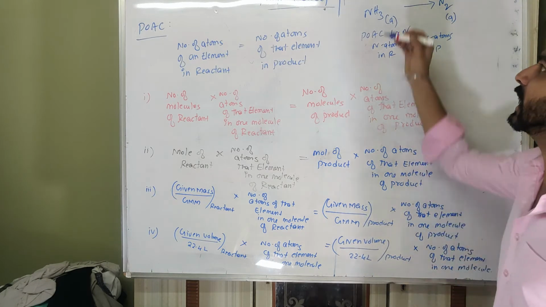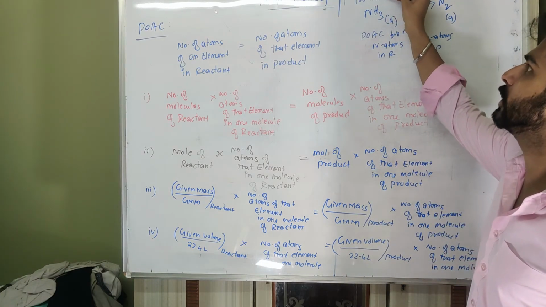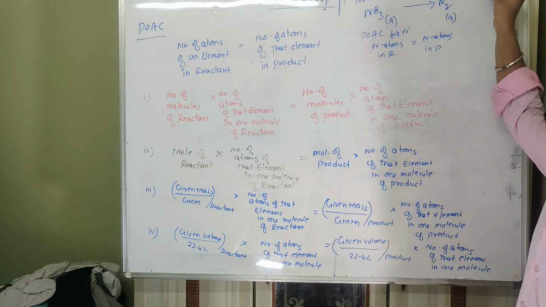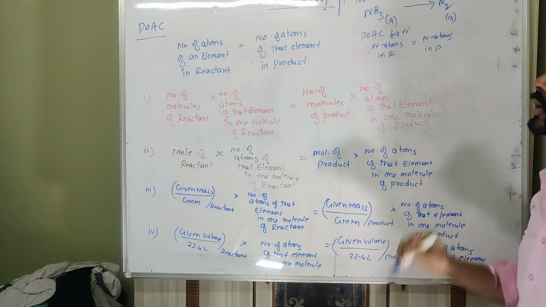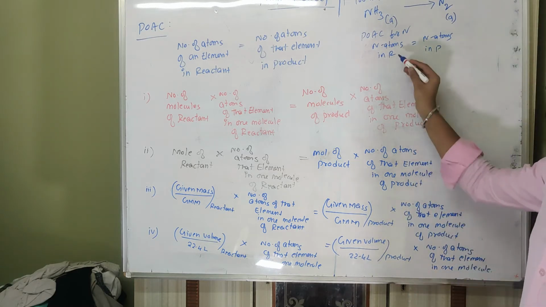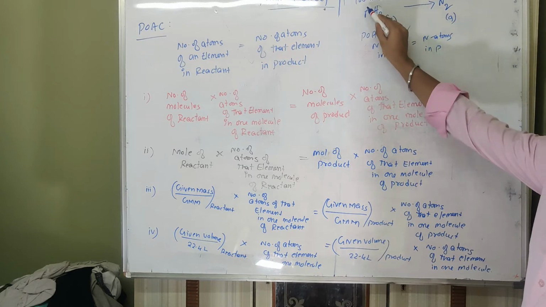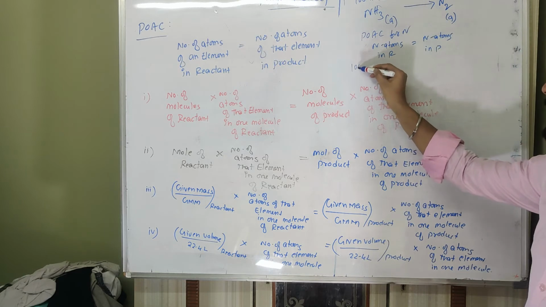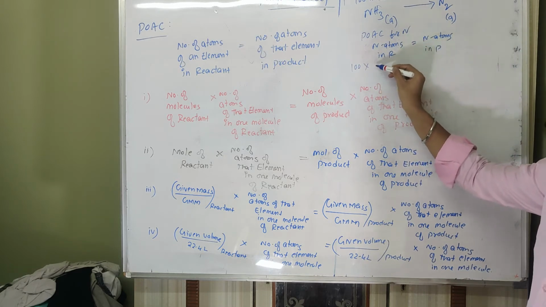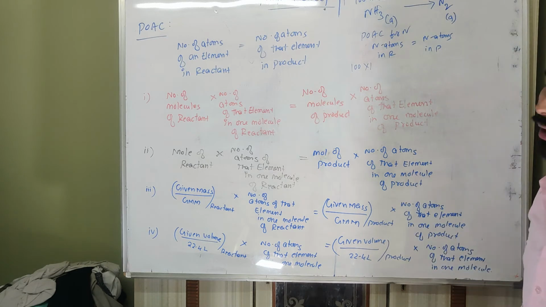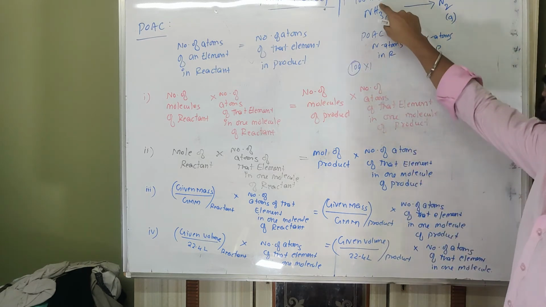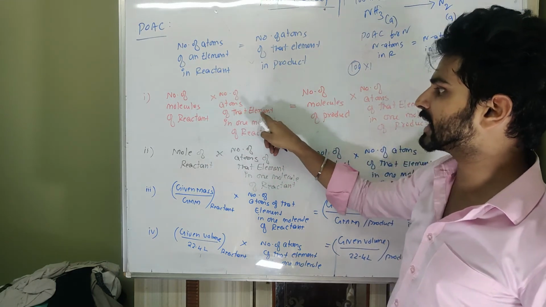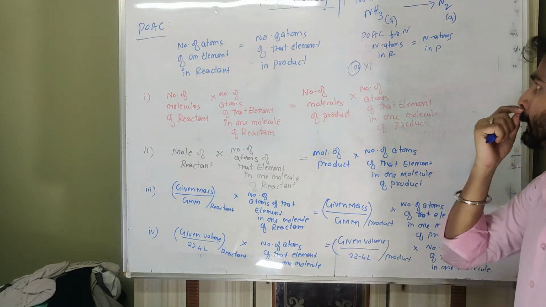But if the question is like 100 molecules of ammonia react to form dash molecules of nitrogen, then we have to find out that one ammonia contains one nitrogen. What about 100 molecules? Then 100 into number of atoms in one molecule, that is 1. The 100 was the number of molecules. So number of molecules of reactant into number of atoms of that element in one molecule has to be multiplied. In this case that is 1.